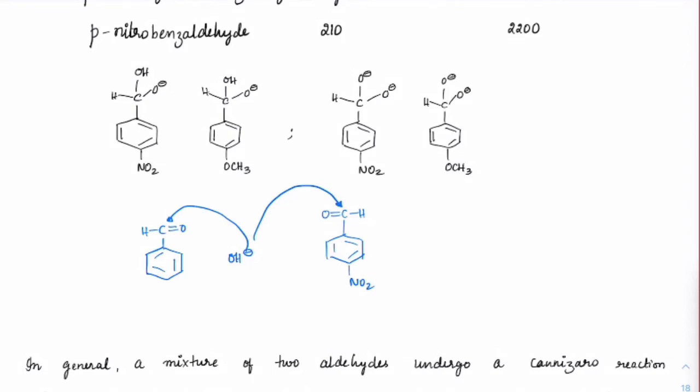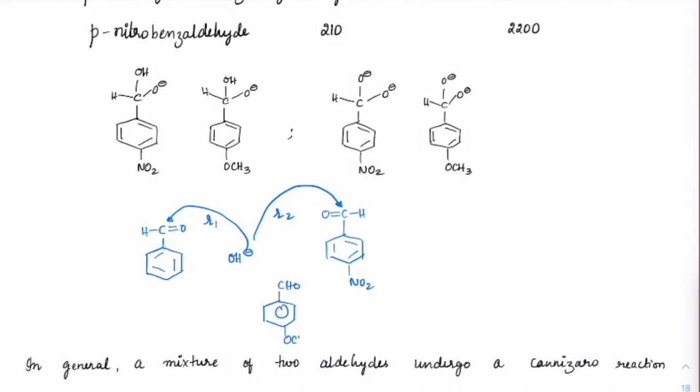Right. So if I call these rate 1 and rate 2, what we will observe is that the rate of attack of OH minus here would be more, correct? Because this carbon is more reactive as compared to that carbon. Okay. Similarly, if you compare benzaldehyde,